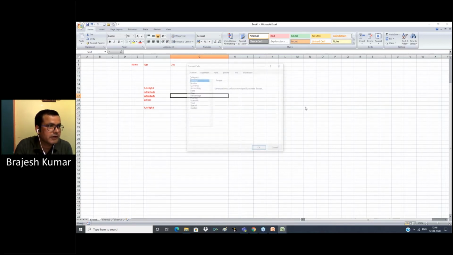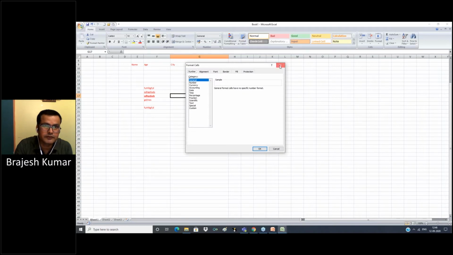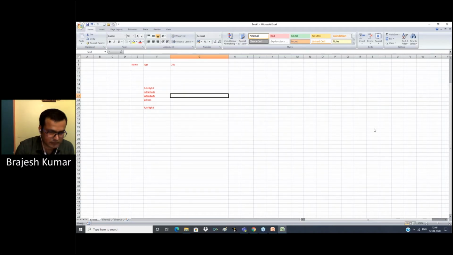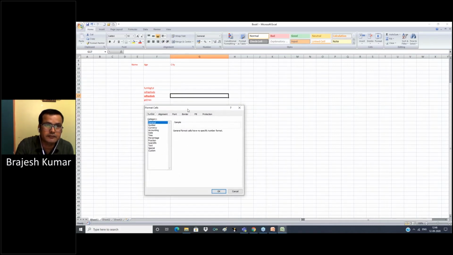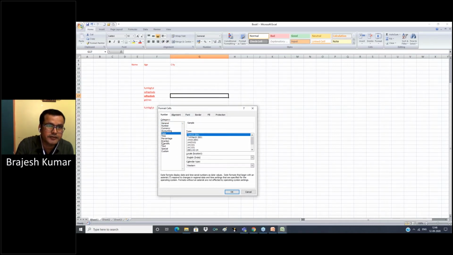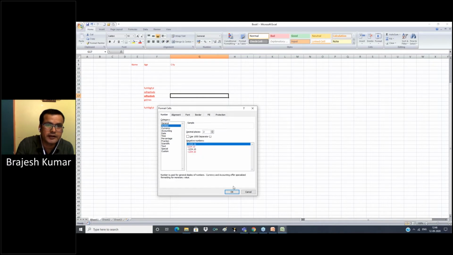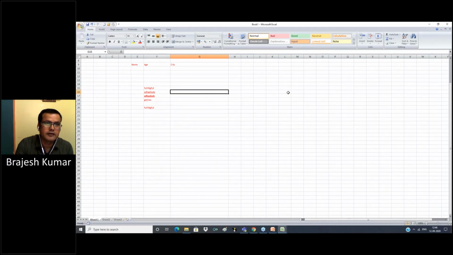Control 1: after pressing Control 1, Format Cells opens, and you can select the desired format from here and click OK. So these are some basic shortcut keys in Excel which we can use in our daily work for smooth working.